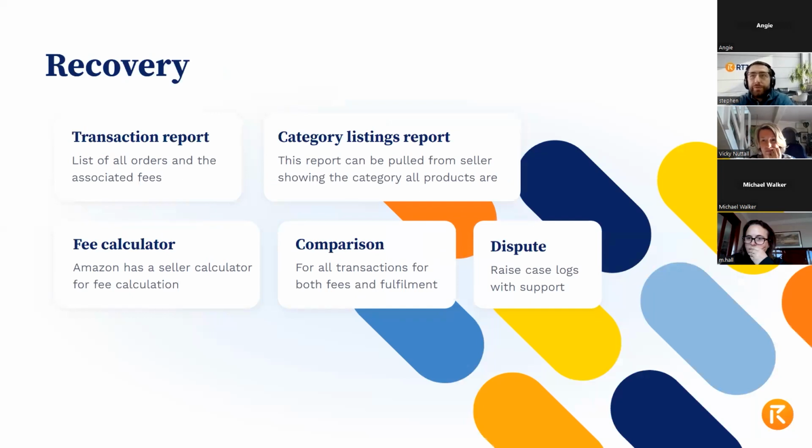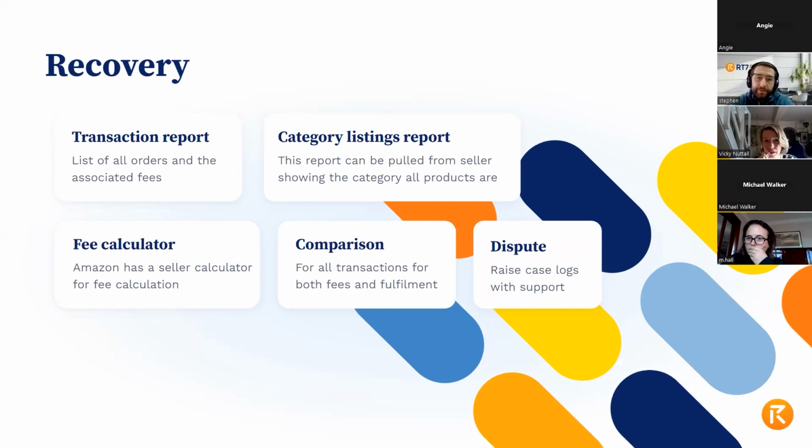So in terms of how to actually get this data, there are a couple of places you can look. The transaction report on seller is actually quite good for this. It gives you a breakdown of the fees that you have paid, both as the referral fee and the FBA fee. So you can get a list of all of the transactions that you have done from there. You can use the fee calculator that Amazon provides, so you can see what fees should have been applied and what FBA fee should be attached to it. And you can compare those to what has been put onto the transaction report.